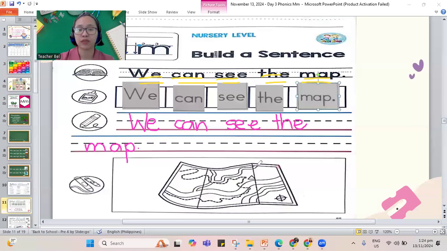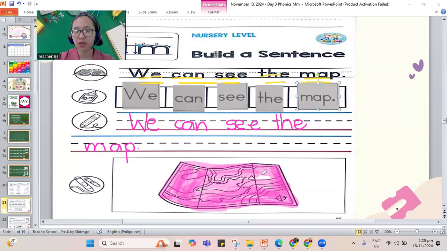So we have the map. We use our map to check the places that we need to go. So when you're coloring, try not to get out of the line when you color. Try to make it neat and nice. So let me color some more. Now you have to try doing it, not going out of the line. Try not to make lampas. Try to make it neat and nice.